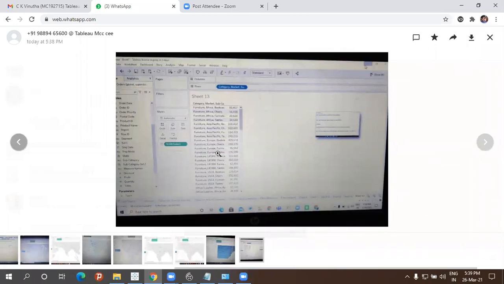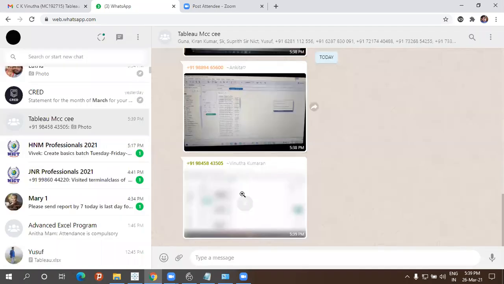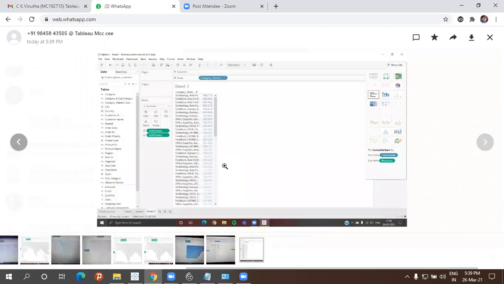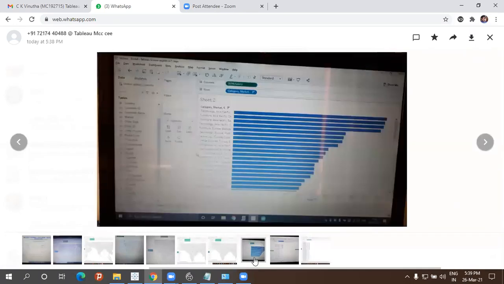Good. Others? It is fine. Still neat. However, I told you to use gradient and all, and you used it. All of yours are right, but the views are different.